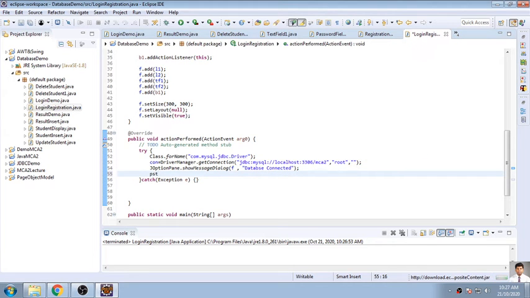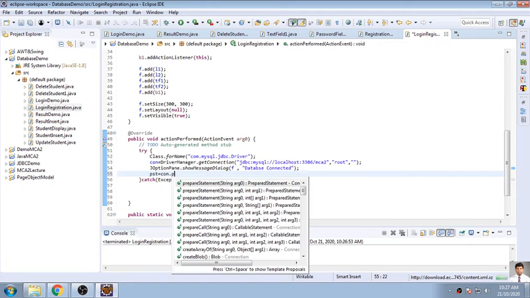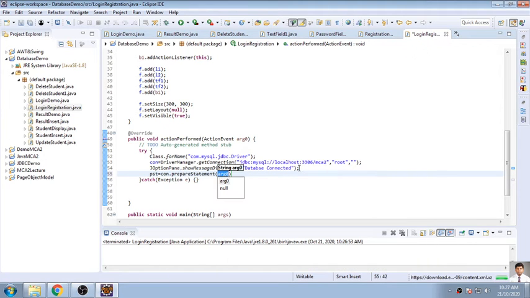So pst is equal to con.prepareStatement, and into this I have to pass some parameters. So insert into login values, and in brackets username comma password, semicolon, completed.